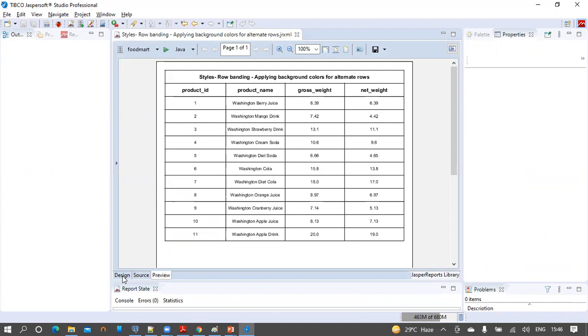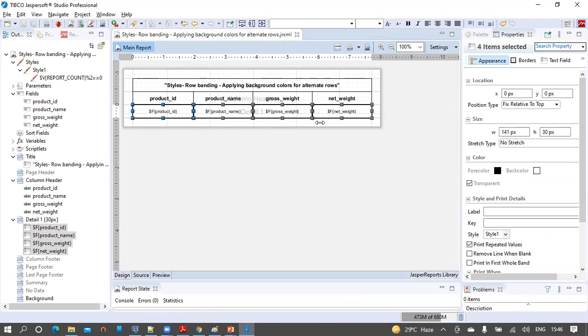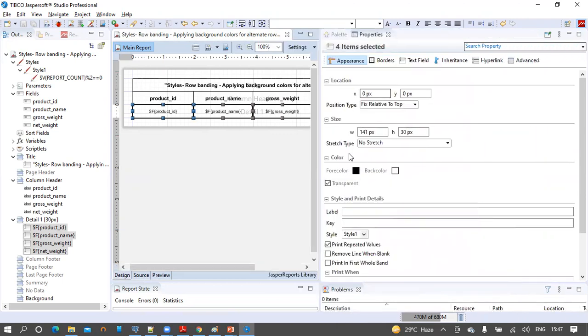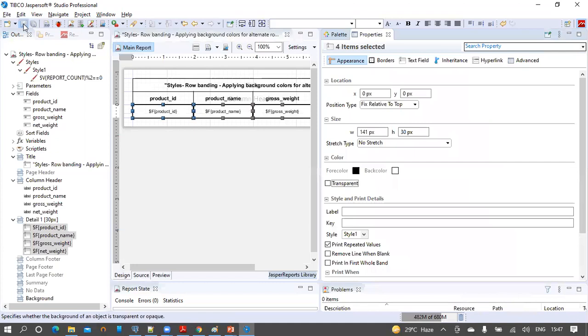So let's get back to the design mode, and these fields are already multi-selected. So let's be on the appearance properties of common properties, then uncheck this transparent property. Save the report again and run it.